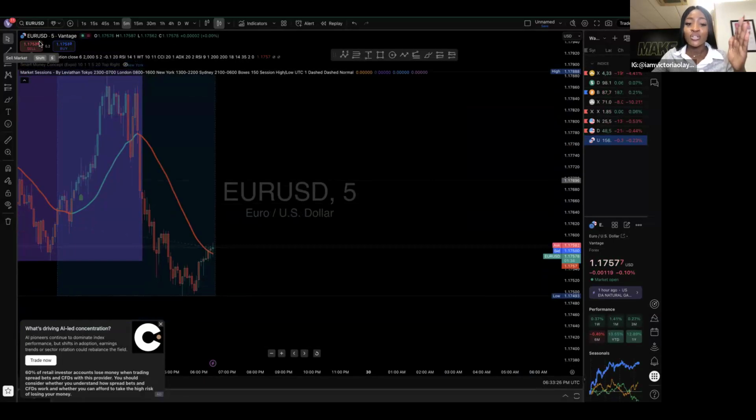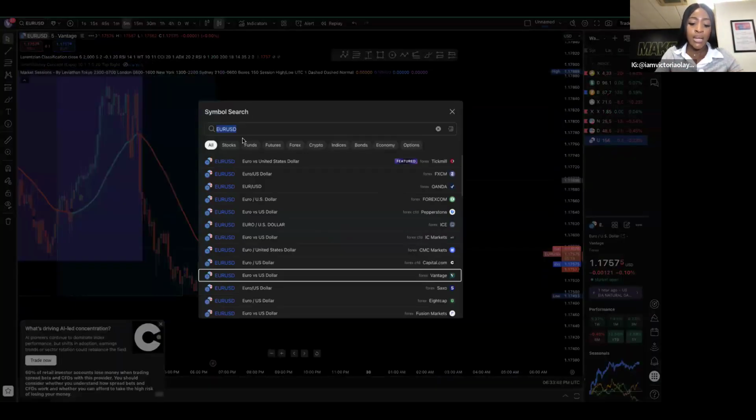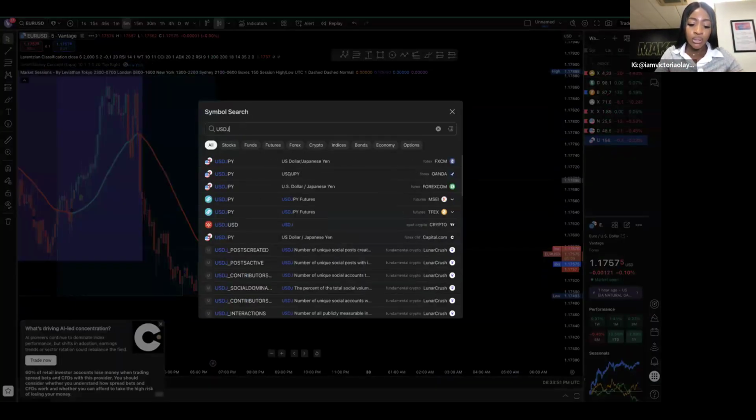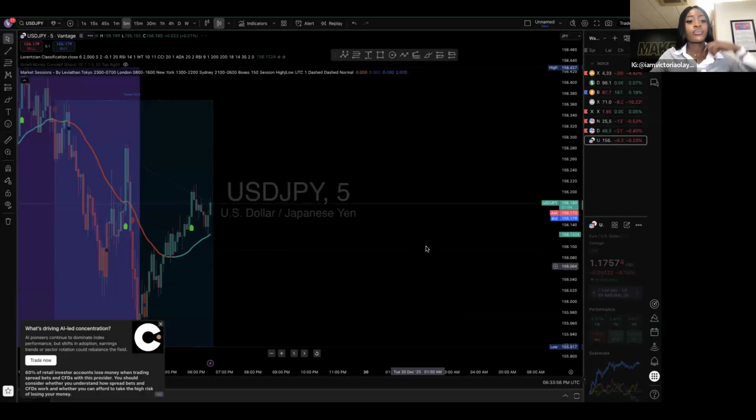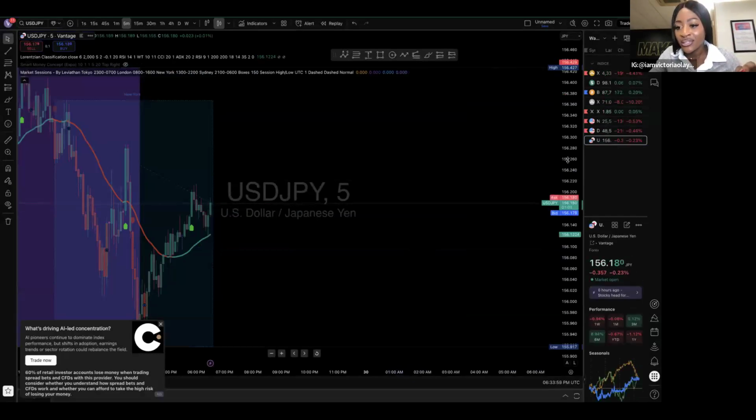Every currency pair that does not carry JPY, yeah, is usually the fourth decimal place. So we have Euro USD, yeah, so that's 1, 2, 3, the fourth decimal place, and that is your pip. That's where you start counting your pip from. So let's say JPY right now. Let's do USD JPY. Yeah, you can see the second decimal place. That's where you start counting your pip from.